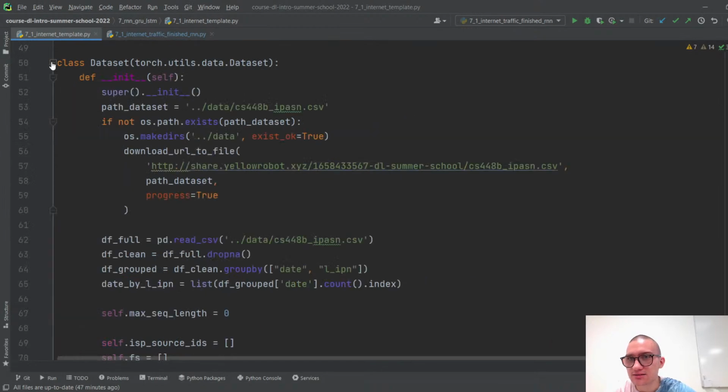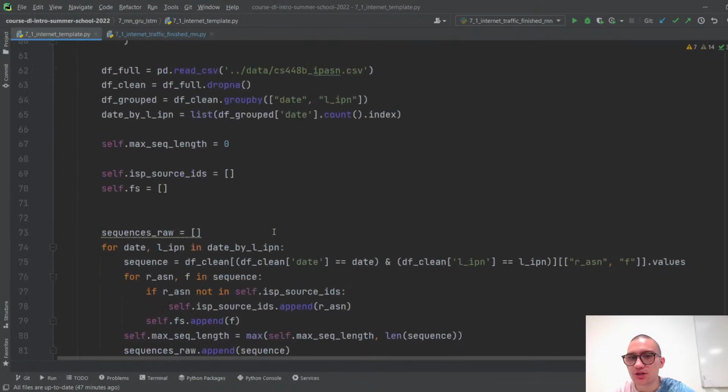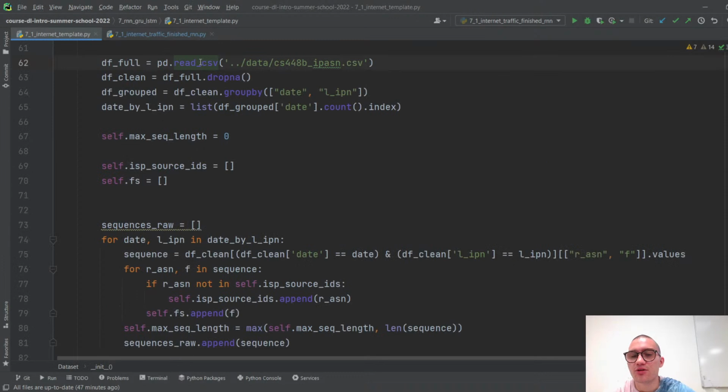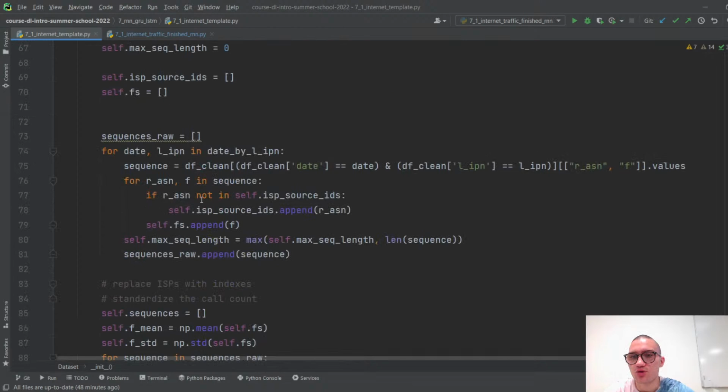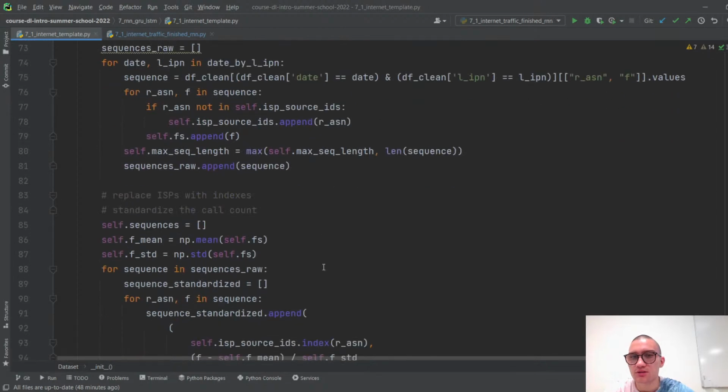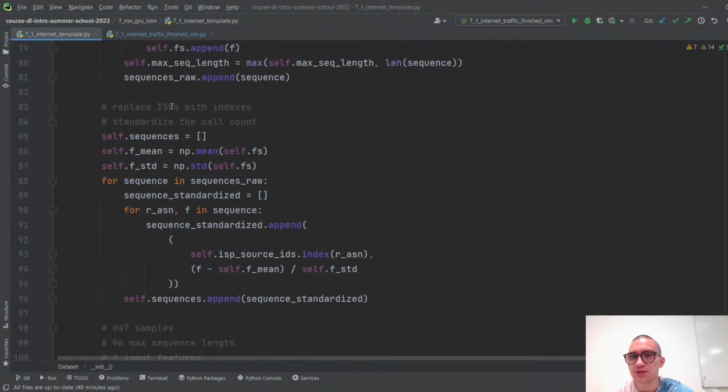We have our class dataset. We're loading CSV file, reading it as a pandas. So we have all data in one place, like an Excel spreadsheet that is called data frame. We group them, and then we perform some encoding operations. Replace IPs with indexes, so we would not have